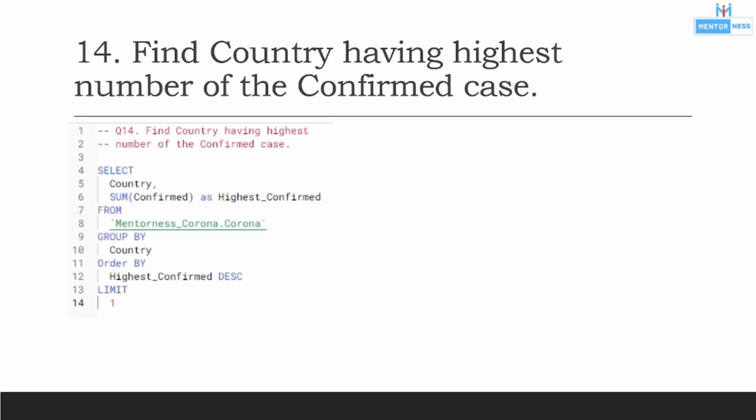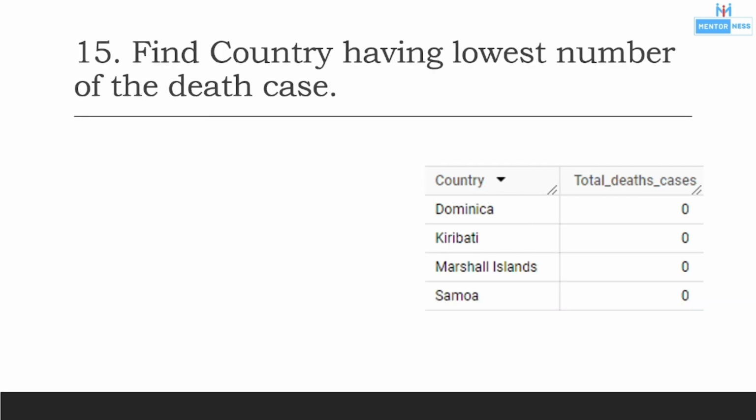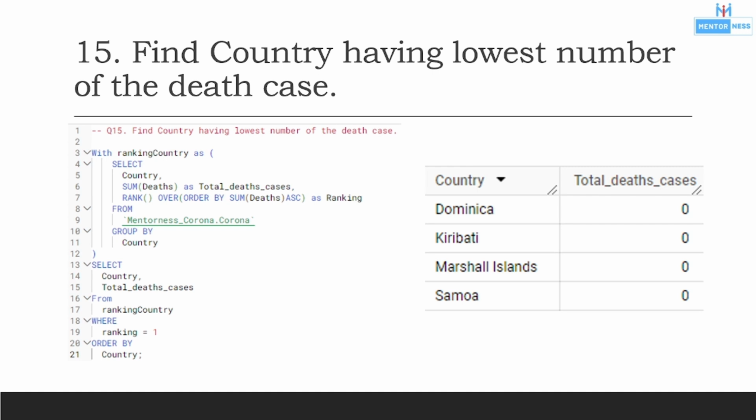USA is the country with the highest number of confirmed cases. The number is 33,461,982. And the 15th task is to find the country having the lowest number of death cases. So we have used rank in this because we cannot use minimum. As we can see, there are 4 countries which have 0 total number of deaths, so we need to use rank,